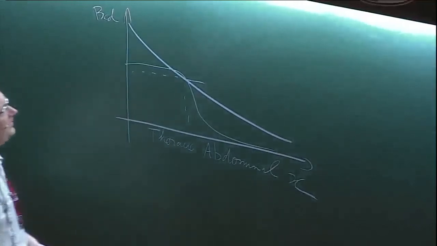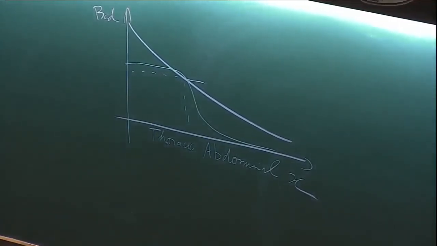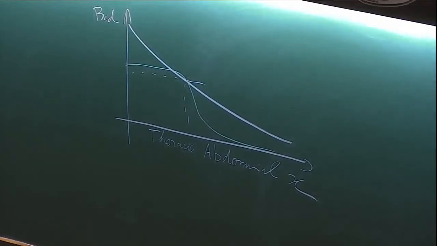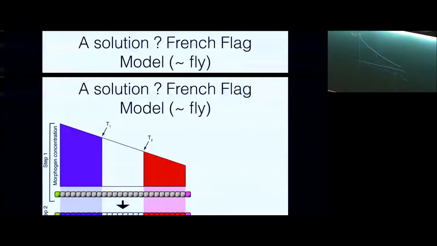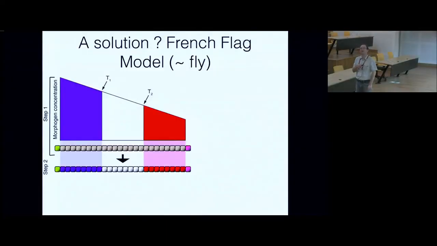So this bicoid is a morphogen in this context because all the cells that are exposed to a concentration of bicoid above this critical concentration are becoming thoracic, or in the head. Of course, there are other thresholds here, and all the cells below this threshold are becoming abdominal. So it's a morphogen because the concentration decides the fate of the cell. This is what a morphogen is by definition. Any other question? Okay, so the idea behind the French flag model is that when you have a morphogen, you might have many of those thresholds, and these different thresholds will allow you to define different fates.